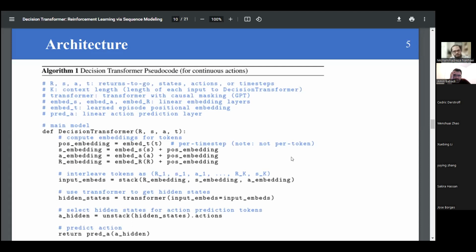Then we have a positional encoding. Then states, actions, and reward embeddings are added to the positional encoding and they are stacked together in the input embedding. The input embedding is fed to the transformer and the hidden states are computed. Based on the hidden states, the sequence of actions is predicted. This is the main model